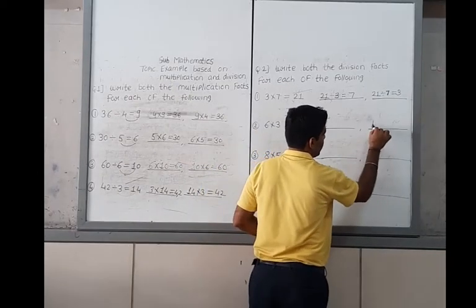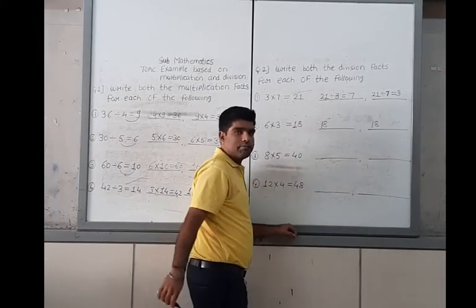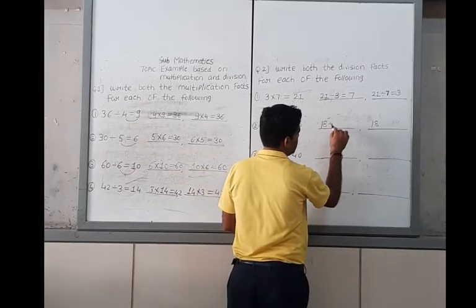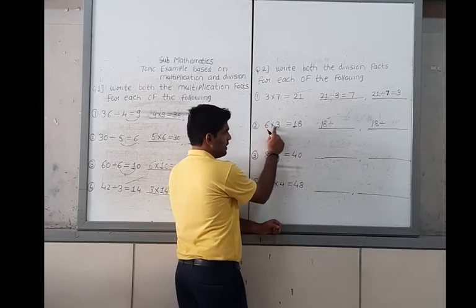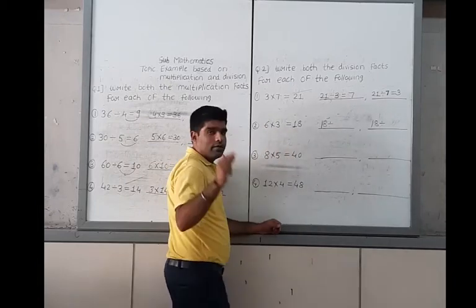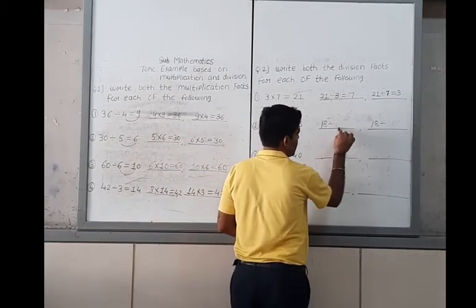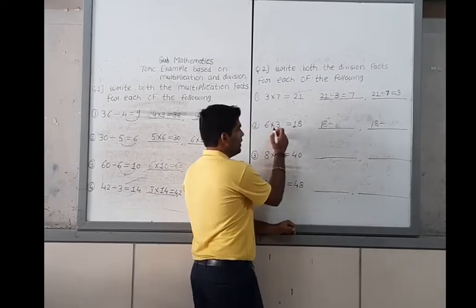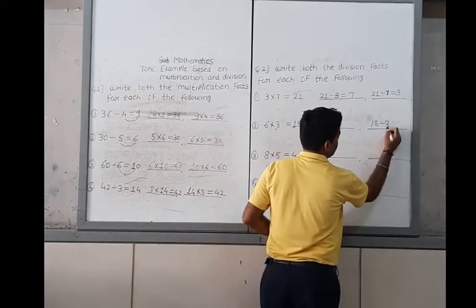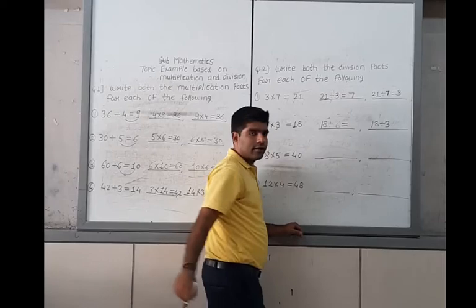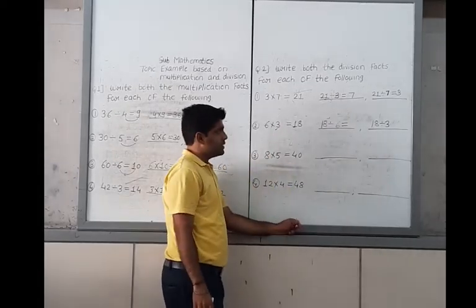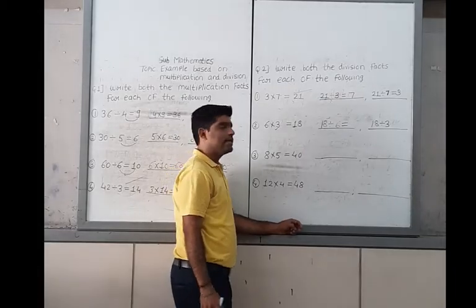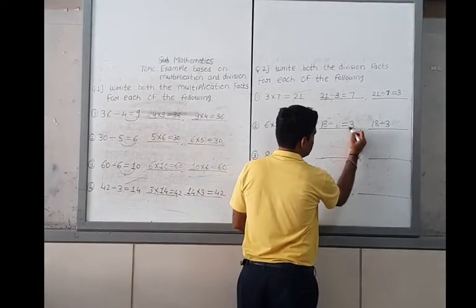This is our 18. Use the simple division method. 6 multiplied by 3 is equal to 18. First, we have to divide it by 6, and the second time we have to divide it by 3. We have to solve it. Because 6 times 1 is 6, 6 times 2 is 12, and 6 times 3 is 18. So our answer is 3.